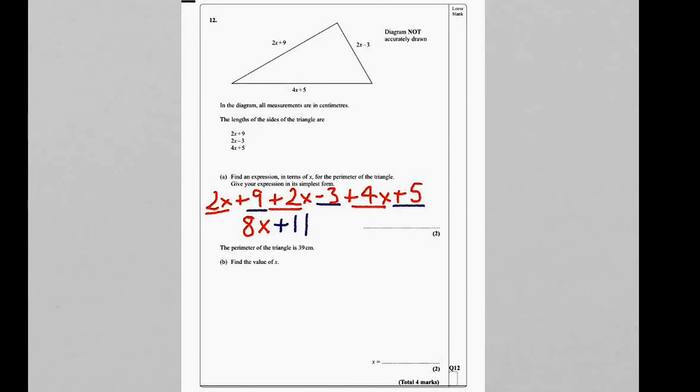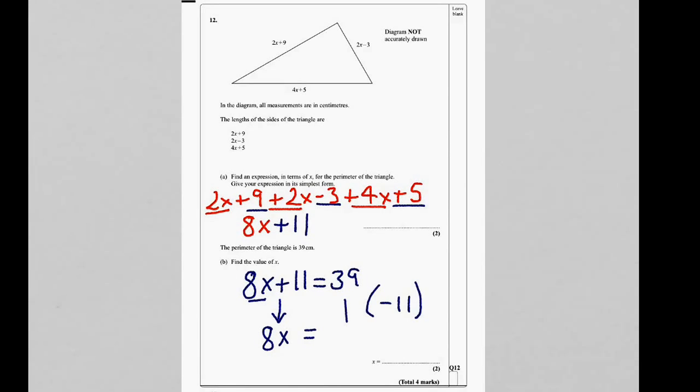and that's now in its simplest form. It then says the perimeter of the triangle is 39, find the value of x. Well, this means that my perimeter is equal to 39, and to find the value of x, I need to solve this equation. So I want to get, first of all, 8x on its own, so I want to get rid of the plus 11, and the way I do that is by taking away 11. So I take 11 away from this side, which just leaves me with 8x, but I also take away 11 from this side, which leaves me with 28, and then I don't want 8x, I want 1x, so I want to divide it by 8. So that leaves me with x is equal to